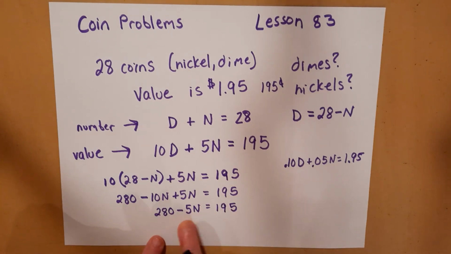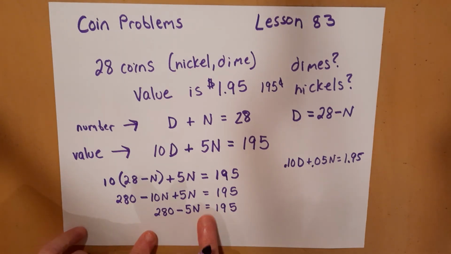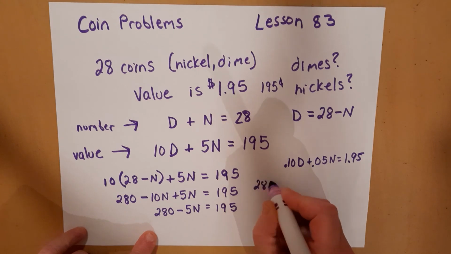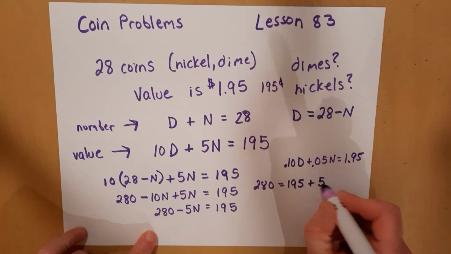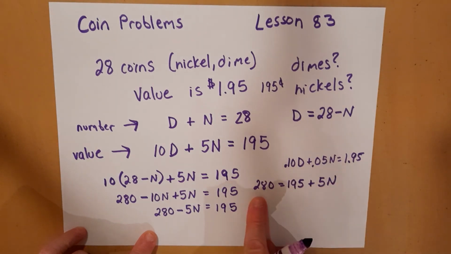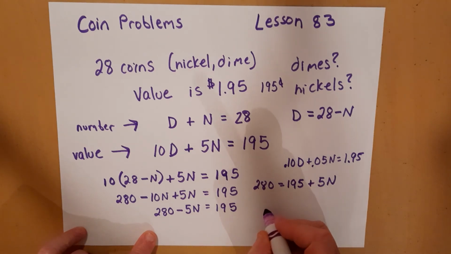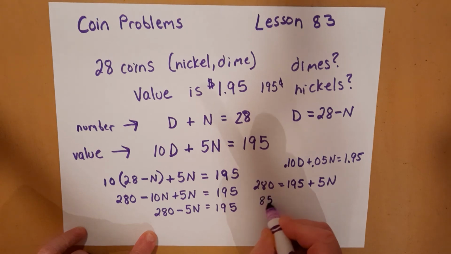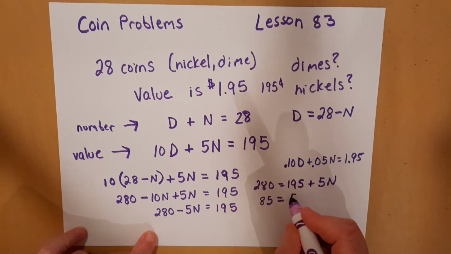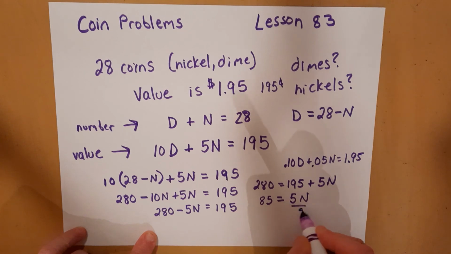Now I want to get the n's on this side so they're no longer negative, and I want to move this over to this side. So first we'll add 5n to each side, which gives us 280 equals 195 plus 5n. Subtracting 195 from each side gives us 85 on this side, and that's equal to 5n on this side. Now we need to divide each side by 5, which is going to tell us that